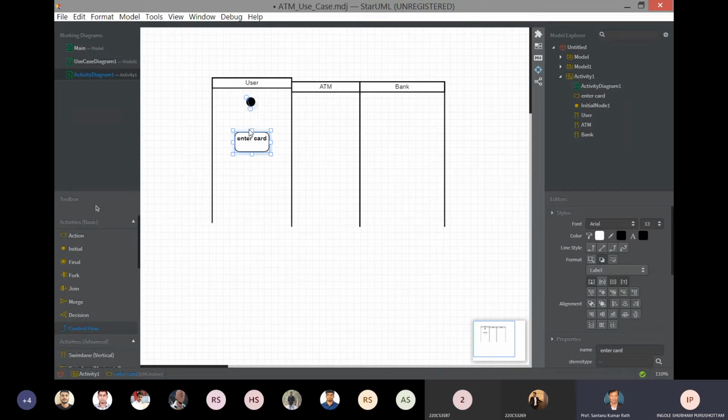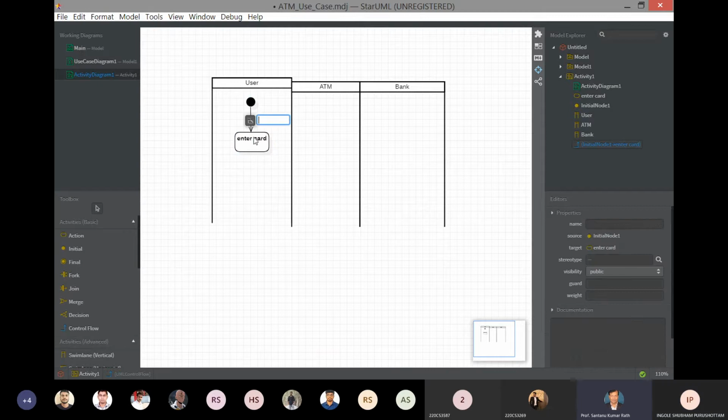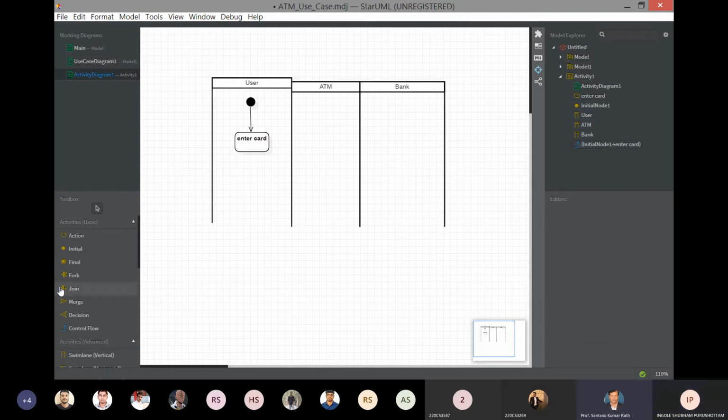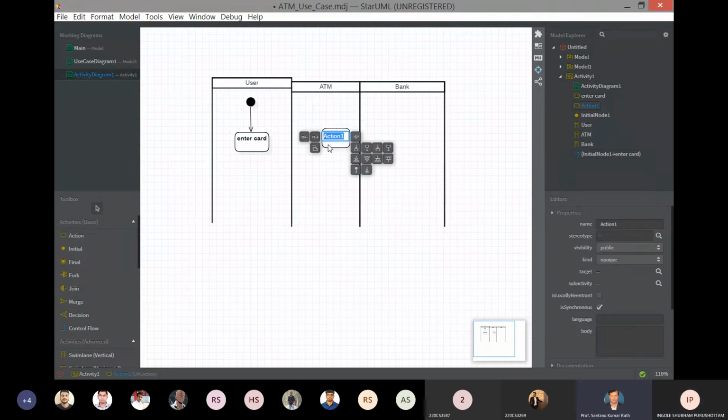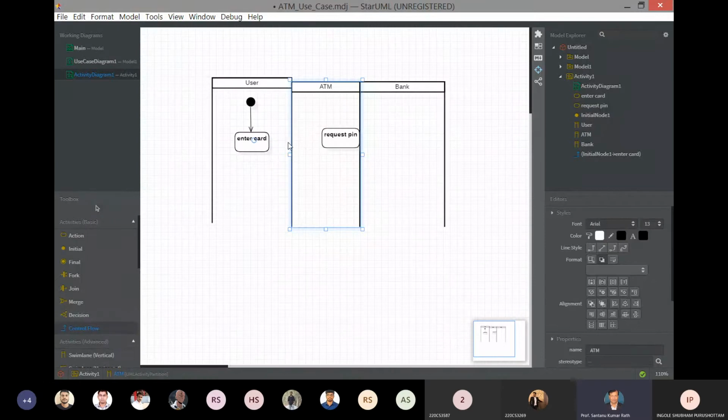Select control flow from the start state to enter card.